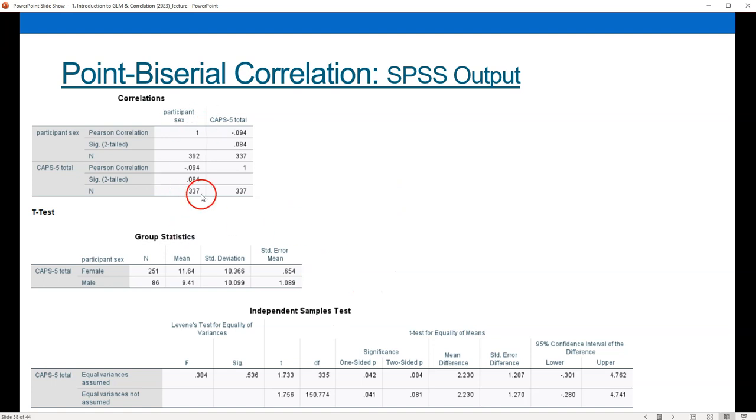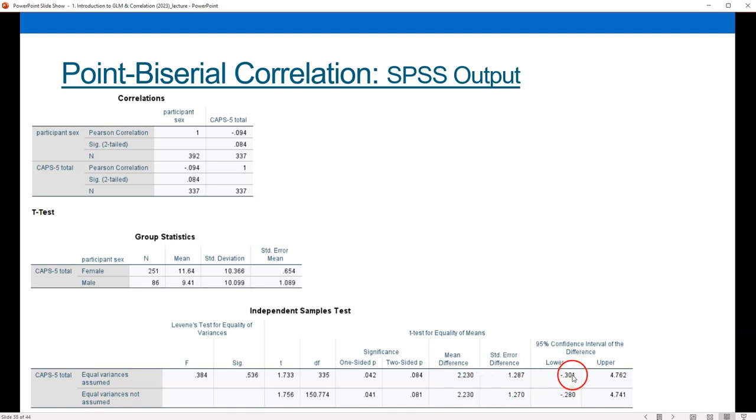If I were to run these same data as a t-test, where I'm looking at mean differences in PTSD scores across men and women, I'm going to see that the p-value I got here for my correlation is identical to the p-value that I get for my t-statistic. Okay. Now we get different metrics that we can use to talk about this differently. Here I'm just talking about the association between sex and PTSD, right? Here I can talk about this in terms of there's a mean difference of about